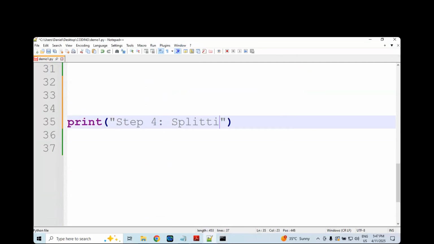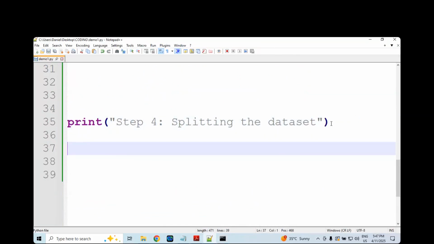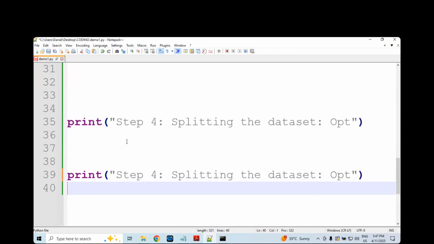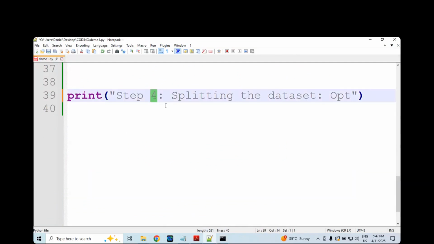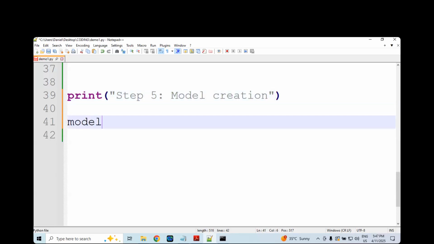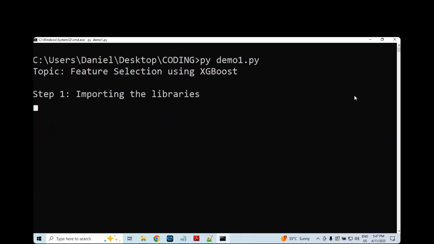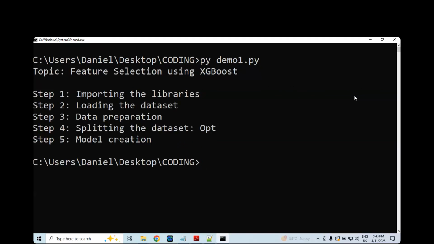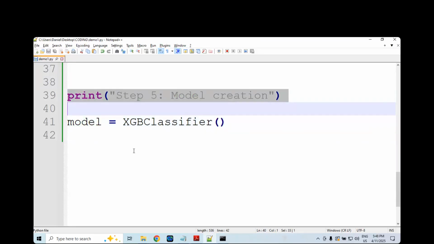Step number 5, model creation. Step number 6,